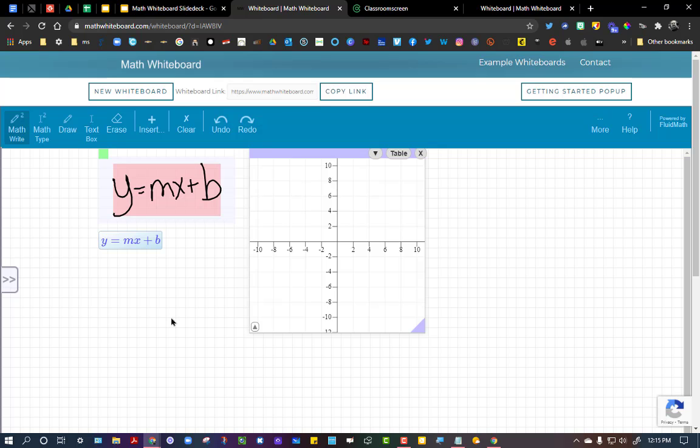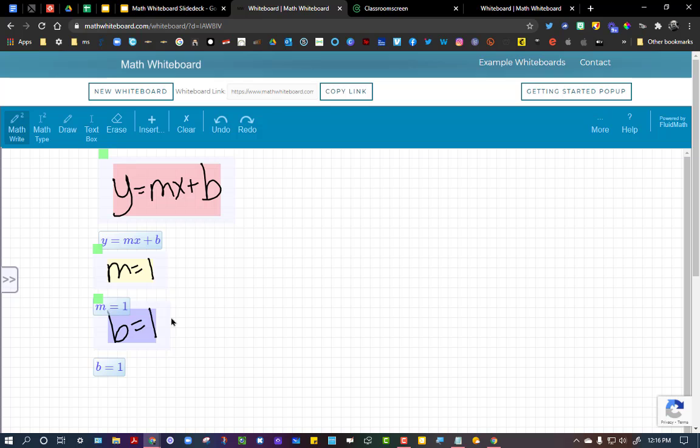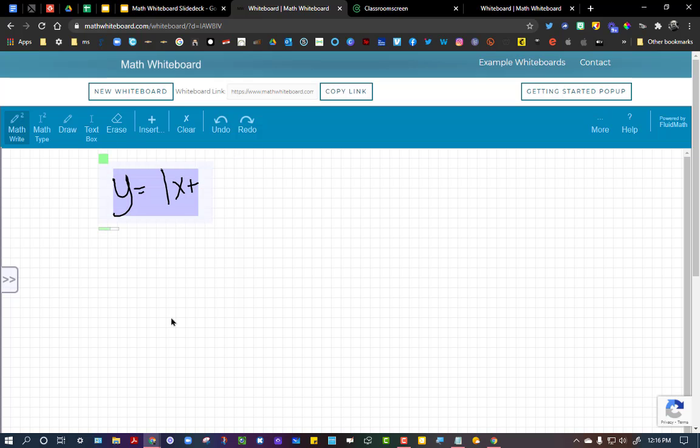Well, it doesn't know what these variables are, so what the numbers are, so it can't graph anything. If I write m equals 1 and b equals 1, oops, I only want that in a separate cell. That is supposed to solve that out there and put that in there. What if I change that and I actually put my variables in there? So if I say 1x plus 1,